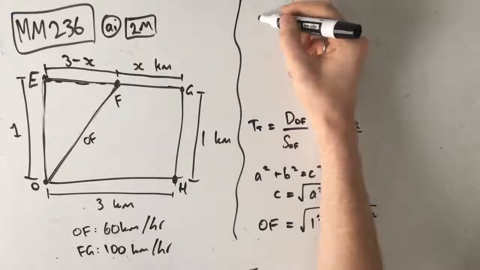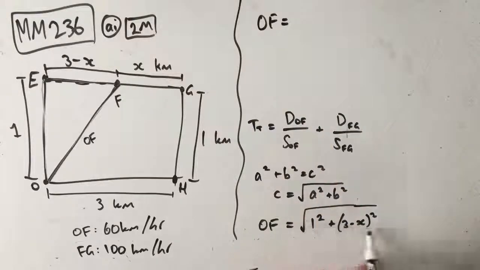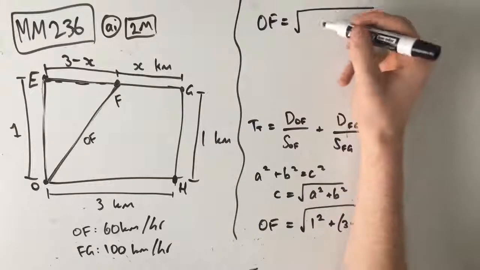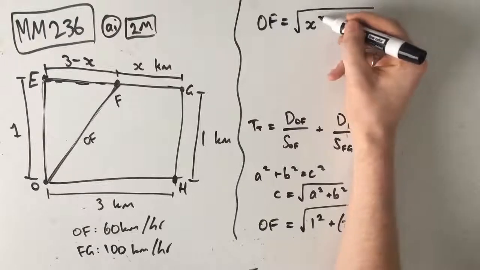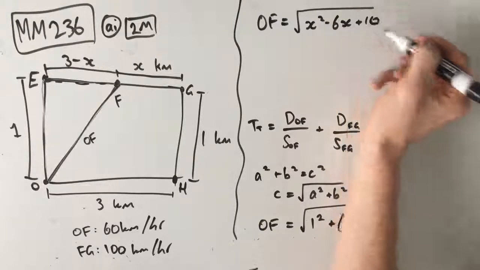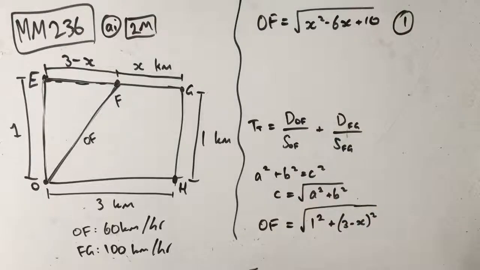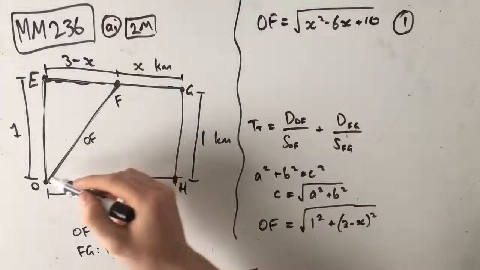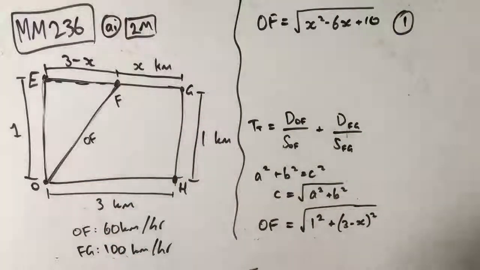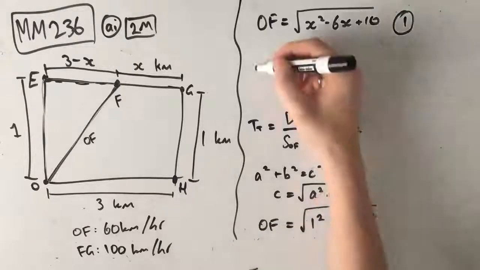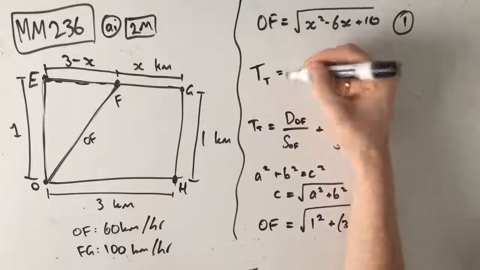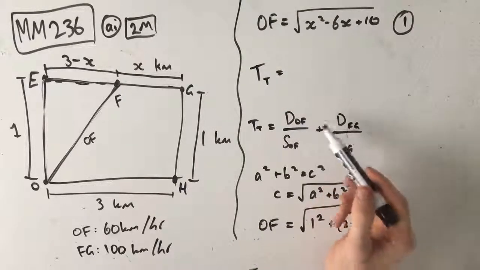Which means that expanding all this out, we get OF is equal to the square root of x squared take 6x plus 10. And that's our first mark. So this is a 2-mark question, and this is where our first mark comes in, which is finding the distance of OF. Cool. So from here, we can actually say that our total time, just using this formula here, is